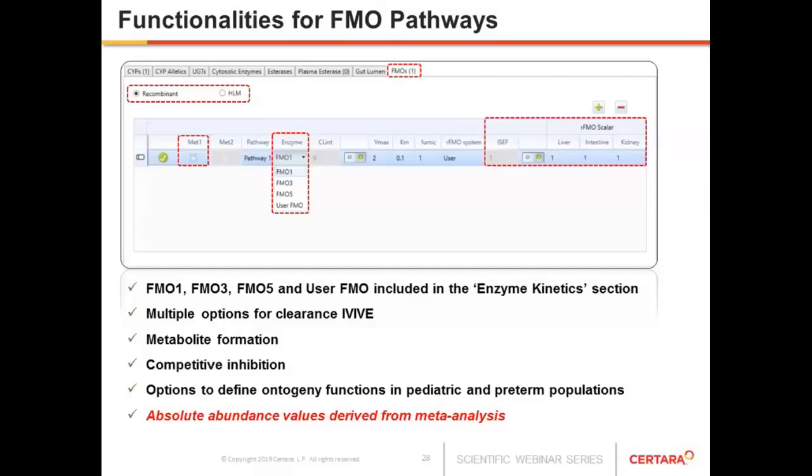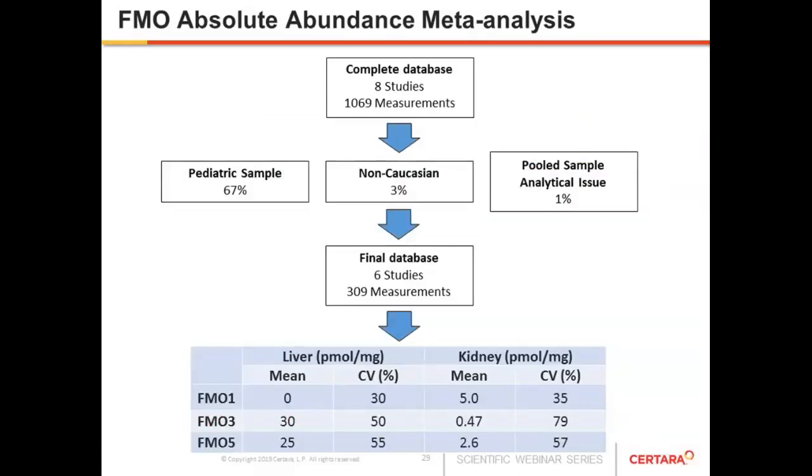Importantly, an essential component for an IVIVE is the absolute abundance for these FMOs, and this is derived based on meta-analysis of the literature data. This is looking at a few details about the meta-analysis. So for this meta-analysis, we've collected 8 studies with more than 1,000 measurements, applying the predefined